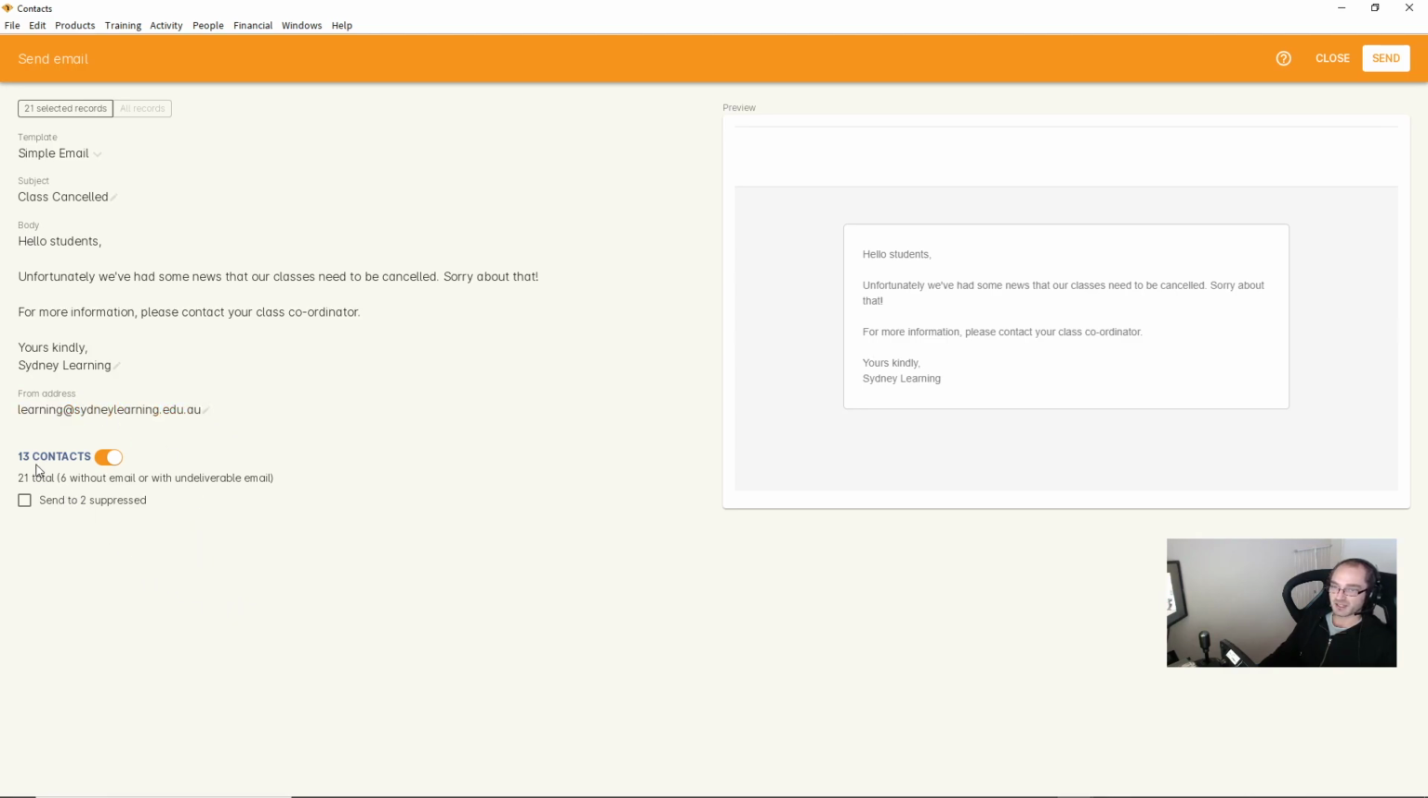And here you can see that although we've got 21 records selected from the last window, a bunch of them either don't have email addresses or they've been classified as undeliverable. So we can see here that we'll actually be sending to 13 contacts. 2 of them are suppressed, which means 2 of them have chosen to unsubscribe from emails, but we can choose to send to them anyway by clicking this little checkbox, which is good for any really important messages that you want to send out. And then we just hit send,